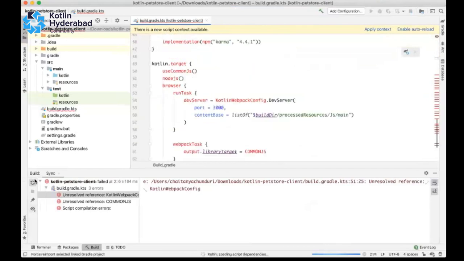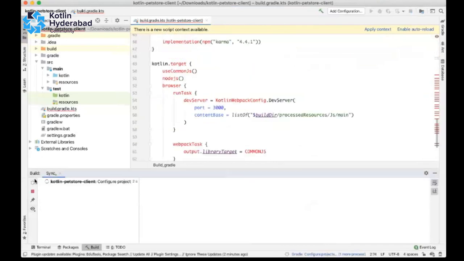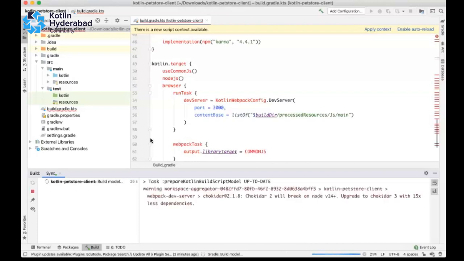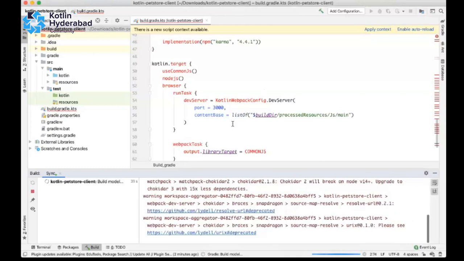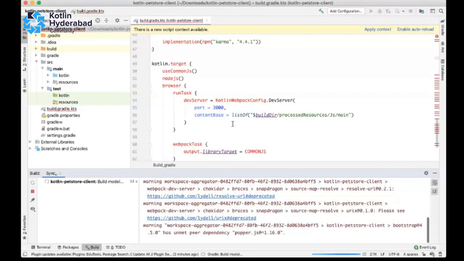People from the front end might be experienced with TypeScript and React.js. What TypeScript generally does is add an extra layer on the JS to have strict type checking. In the same way, this Kotlin JS plugin is replacing TypeScript with Kotlin. So you are going to get the exact type checking that Java or Kotlin imposes, the same thing you will get in the front end as well. Just give it a minute, it will build the project.